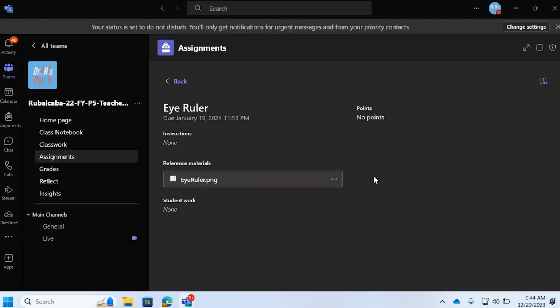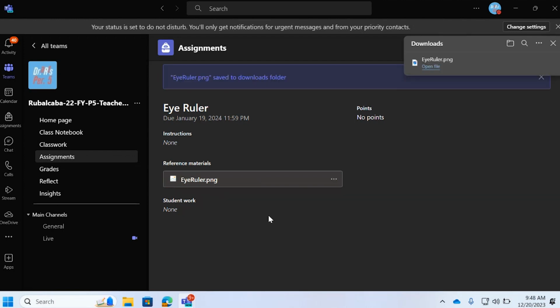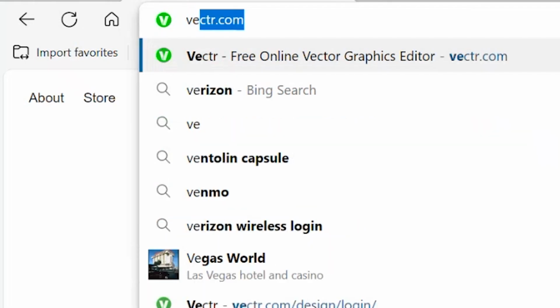So the first thing you do is you're going to go over to Teams. You're going to go ahead and download the attachment that I gave you. Click on the three dots, click on download. Now let's go over to Vectr. So I'm going to go to Edge, type in